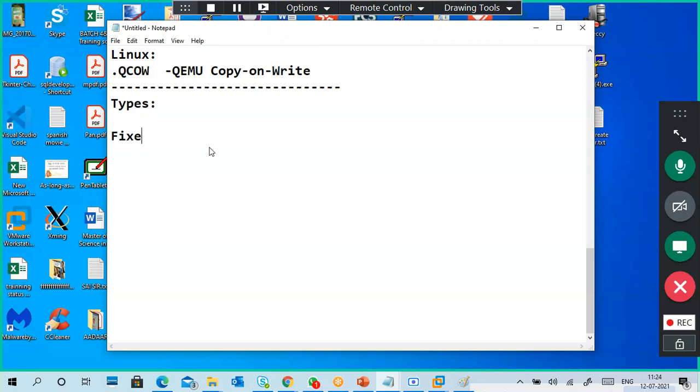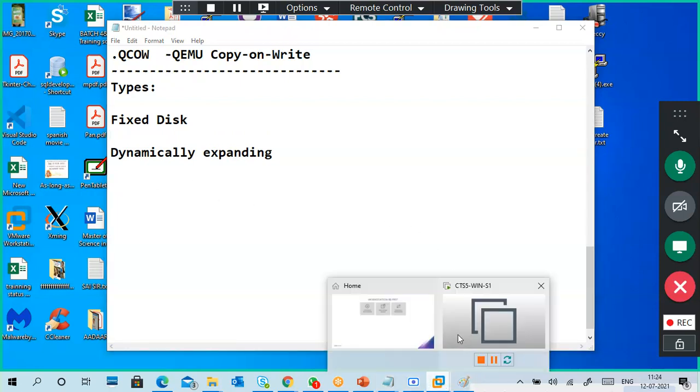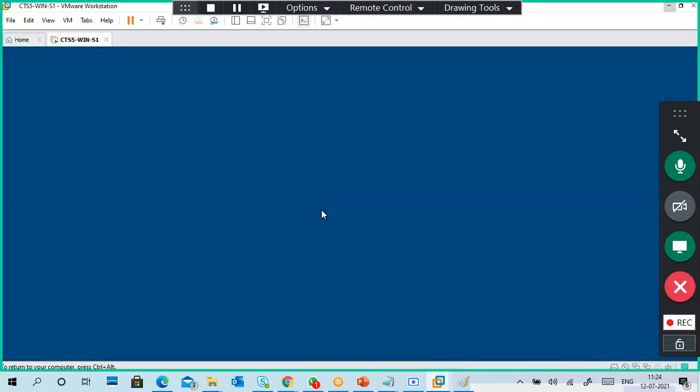One is the fixed disk type, virtual hard disk type, fixed disk, and another one is dynamically expanding disk. So what is this fixed disk and dynamically expanding disk? One second, is this machine on or not?